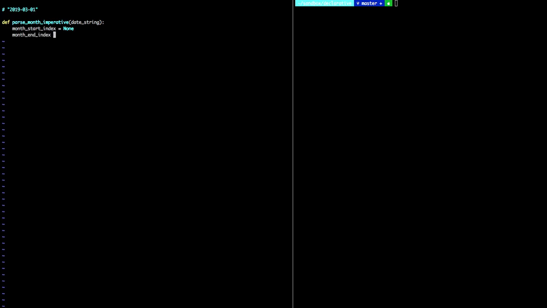Month end index, also set it to none. And then we'll use Python's for loop syntax with the enumerate built-in function. Enumerate just iterates through every character of a string or every element of any iterable item, such as a list, and for each item it returns the position. In this case I've called it i, so it'll start with 0, and